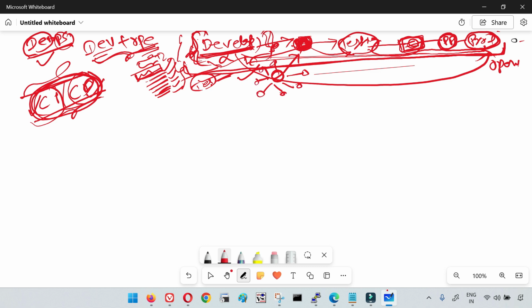Now think that if you are making a small change in your code, even for that you have to test all the integrations. And if you are making changes frequently, then you can see how time consuming and how frustrating it is, right? So with the help of continuous integration and continuous deployment, when a developer changes any code and sends it